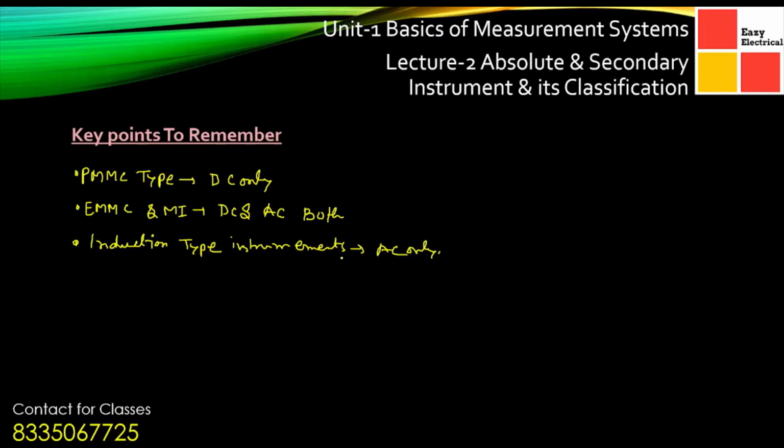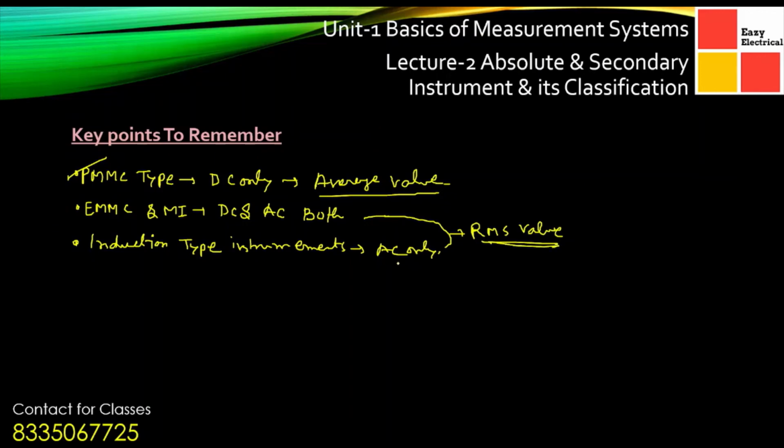This is one typical observation that we have already obtained in this session. One more point to be added is that whenever a meter reads DC, it is basically reading the average value. So if a question asks which meter reads the average value, the PMMC type instrument reads the average value, only DC. But the other instruments which measure AC quantity basically measure the RMS value. Whenever an instrument measures AC or AC/DC both, it is actually measuring the RMS value of the quantity under measurement.